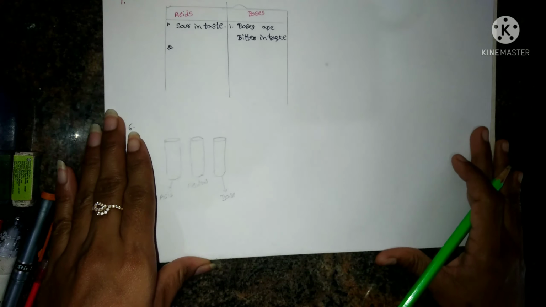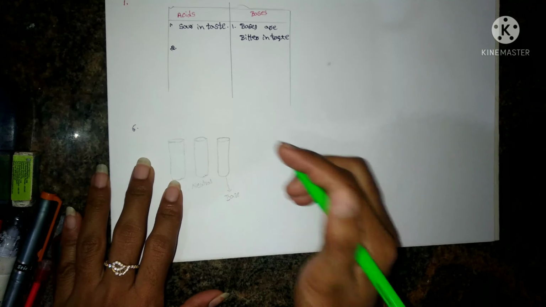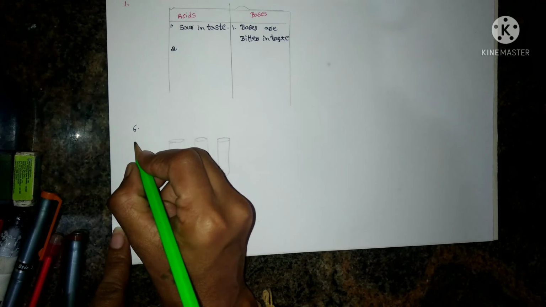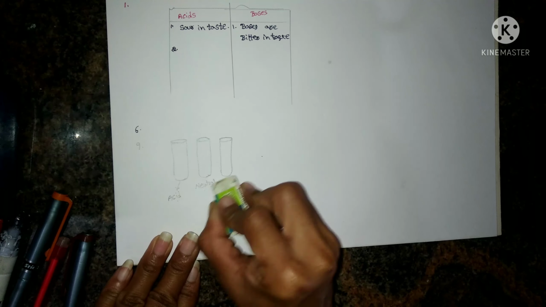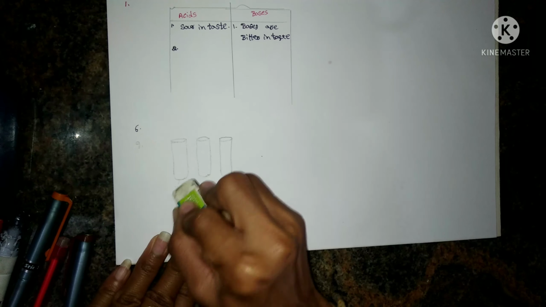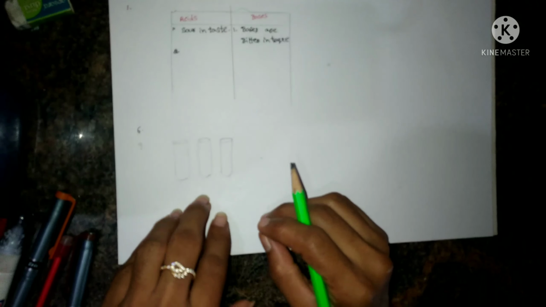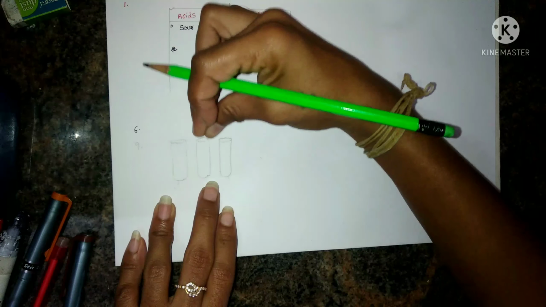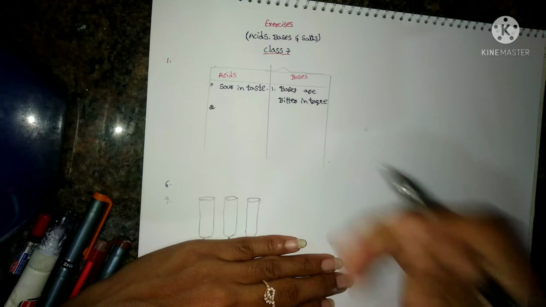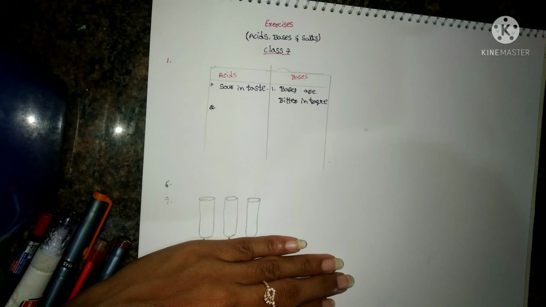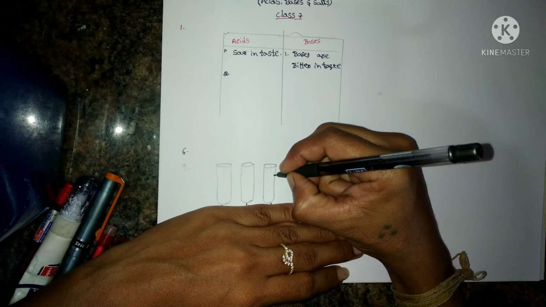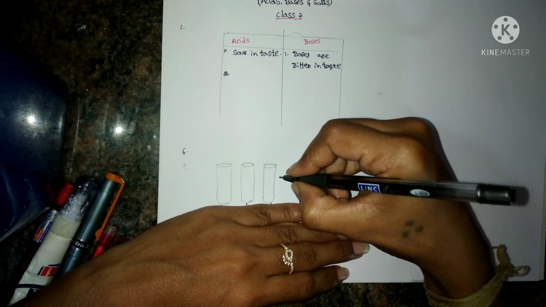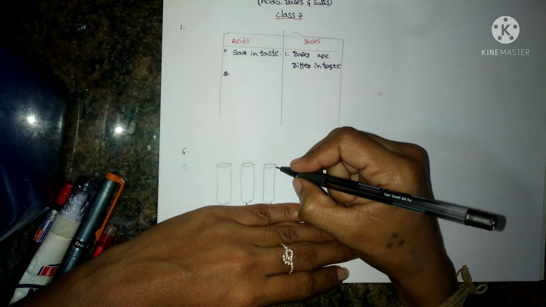Now please observe here. Regarding this, a clear explanation is not there in the textbook. Once I am explaining, please listen carefully. This is the same diagram I am using for the 9th question explanation also. These 3: one is acid, one is base, and another one is neutral. How will you find? You have only turmeric indicator. So dip the turmeric indicator in these 3 solutions. In which solution does the turmeric indicator turn red? That is the basic substance. For example, I am considering this test tube has turned the turmeric indicator to red color.